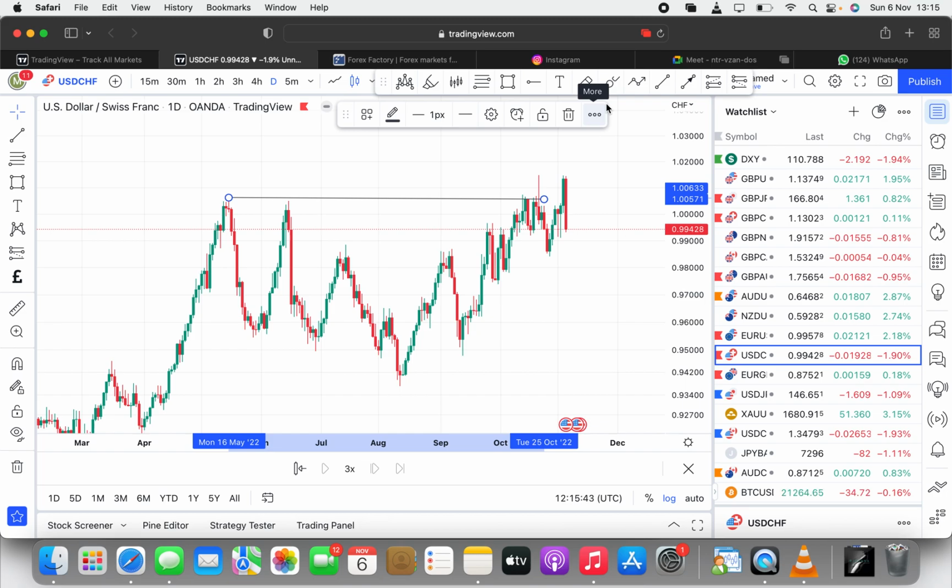What we are doing is top-down analysis. We take a currency, we go to the higher time frame like the 1 day, and you have to identify the type of trader that you are. If you're a day trader, a swing trader, a scalper, you have to identify that and then you know how to trade. For me, I look at the higher time frame like the 1 day as price is coming down, and my entries are based on the 30 minute and 15 minute. That's where I want to take my entries because I'm looking for sniper entries from the smaller time frame, because I'm an intraday trader, a trade session trader,